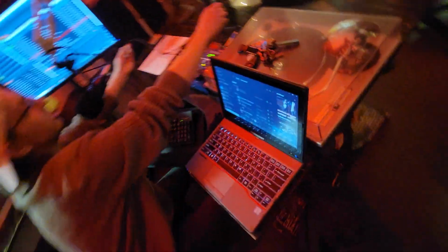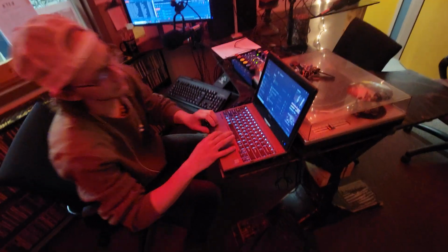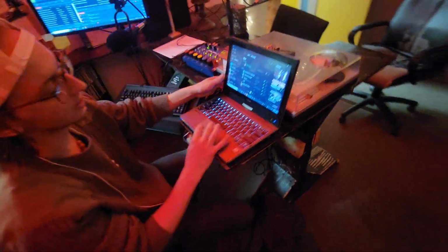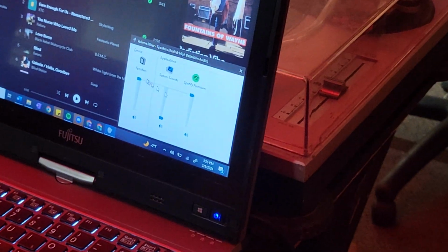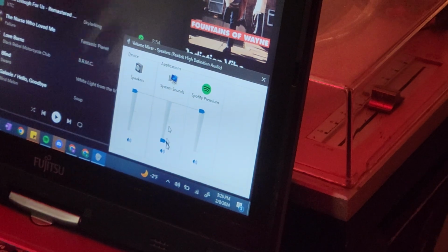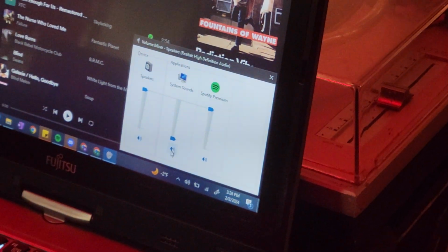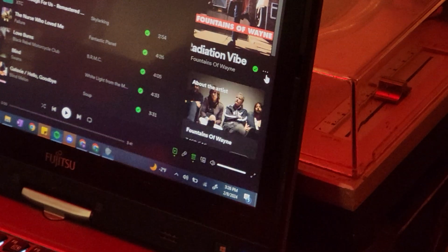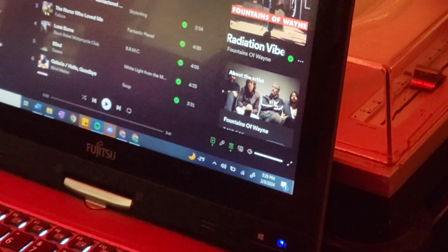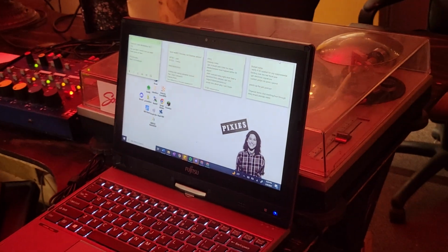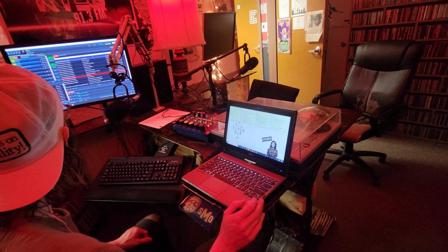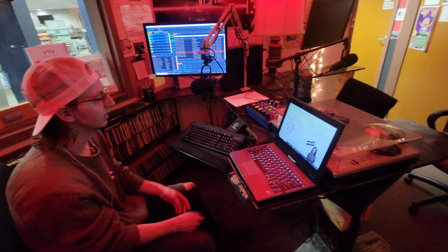If you're using your computer, I always mess this up, but you can go down here, right click, and open the volume mixer, and always have system sounds all the way down or muted, because it really sucks when you play a Windows notification sound. That's about everything you're going to do.